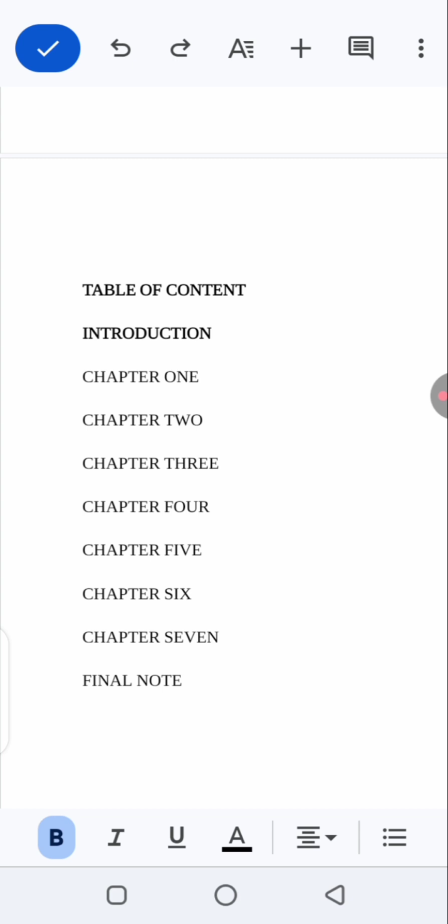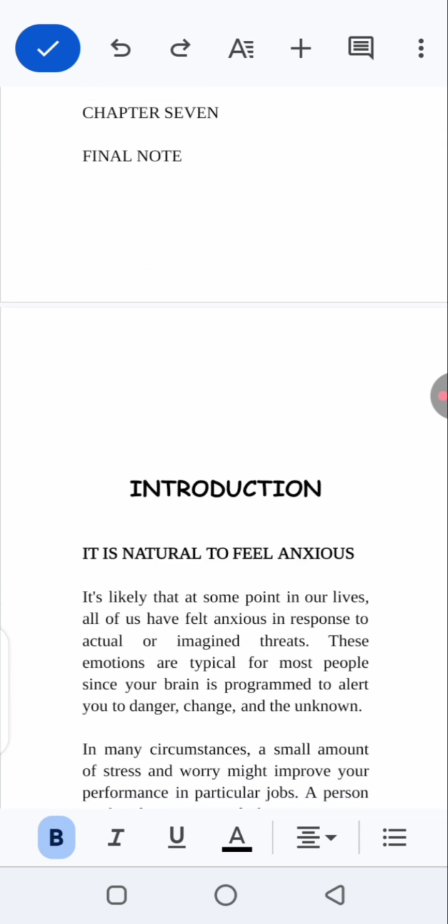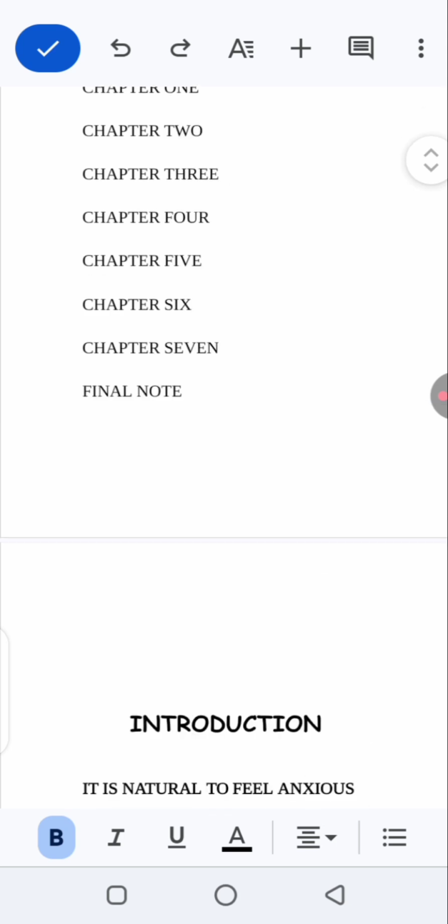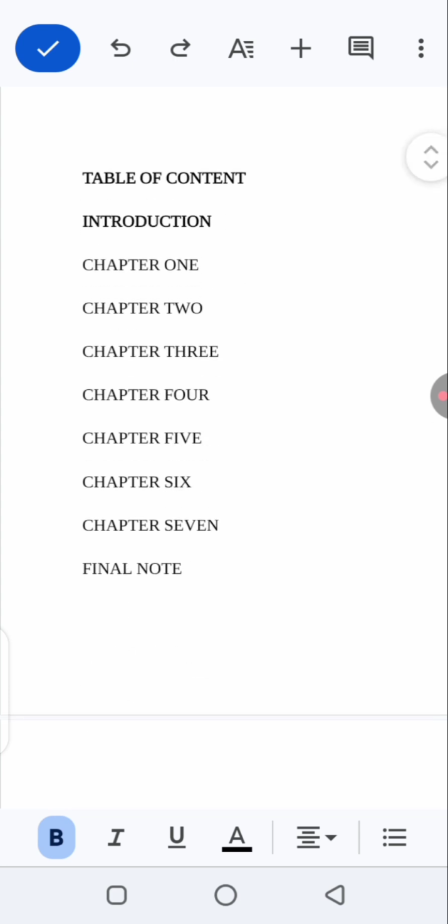Now for you to do that, you need to take action on the topics of every chapter. Let me say, for example, we want to add a link. We want our introduction to be clickable. What we need to do, first of all, is go to the introduction page, and remember that you will do this after formatting the whole of your ebook. This is the last thing that you need to do.